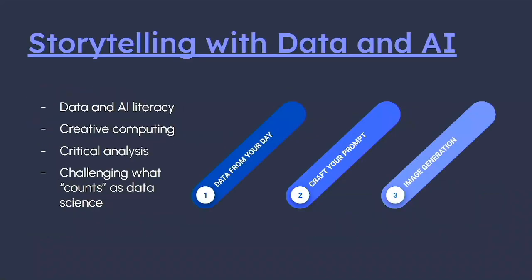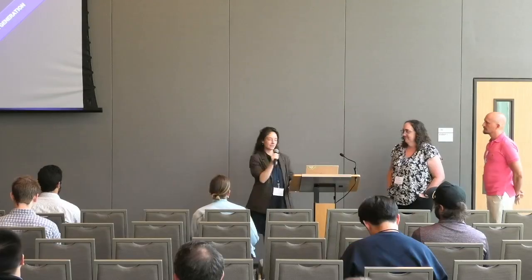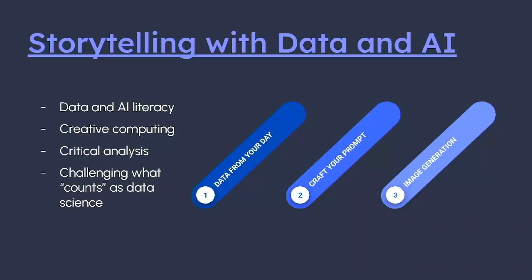Hi, everyone. I am now talking about a class that I will not be teaching again because, as we are talking about AI ethics, this class is a little too unethical for me to feel comfortable teaching. But I'm sharing it with you all in case you do have an ethical way to teach it, and then you can go and improve it and help your students learn and grow and blossom. But the class is storytelling with data and AI.